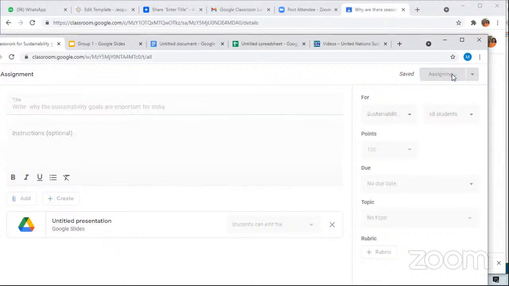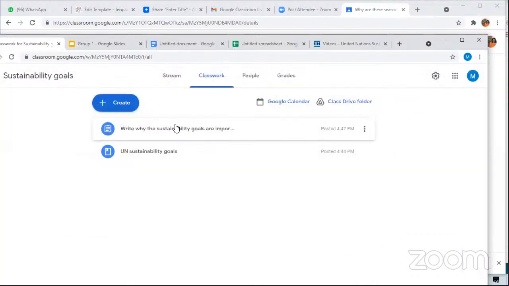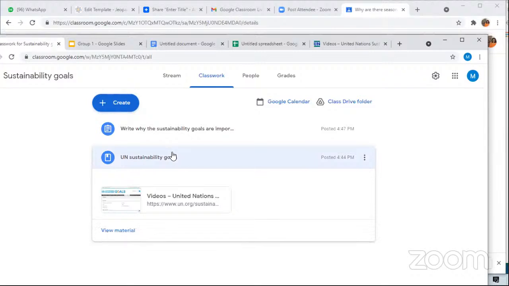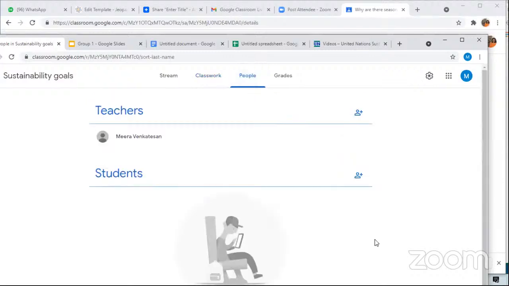Once I assign it to them, you can see it here, right? This will go out to all the students to whom I have assigned it. They'll be able to work on it and send it back to me, right? They'll be able to submit it back to me. So for example,